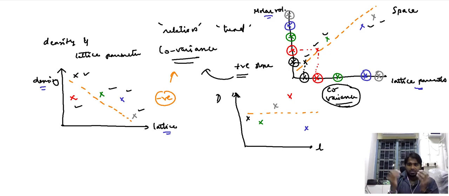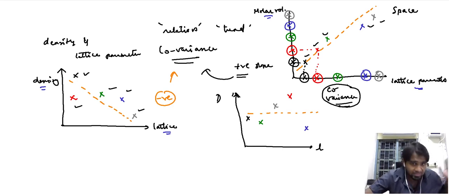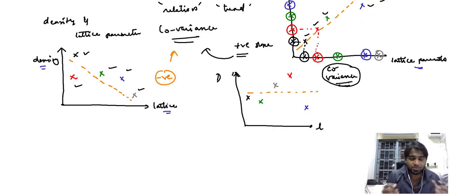Now, since this particular relation captures the variance of the different points, the trend that we observe is due to the variance of these different points, and we refer to it as the covariance. And with this conceptual understanding of why we refer to this trend as the covariance, when we consider the expression for the covariance,